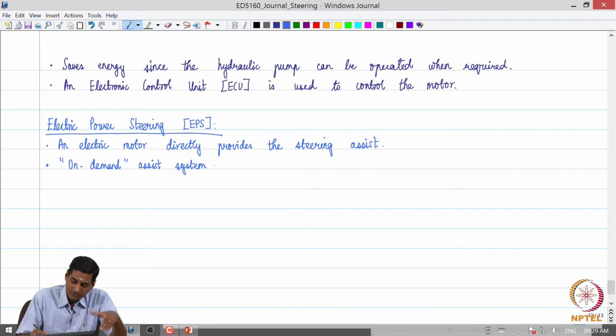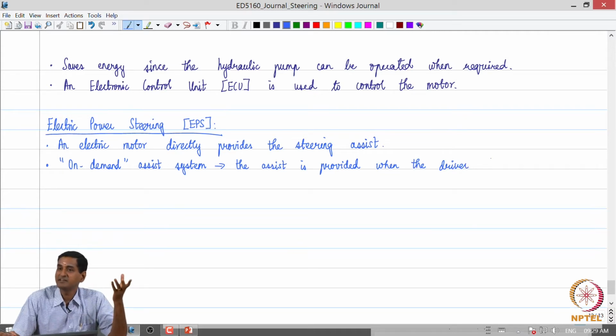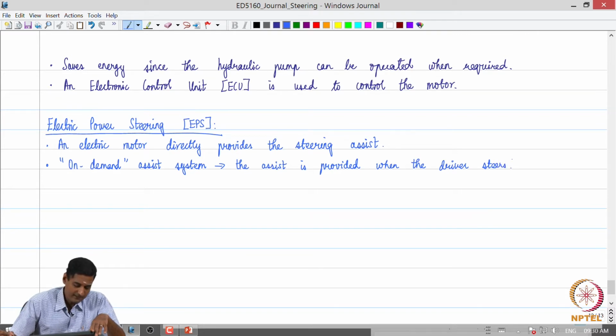If you look at what is an on demand motor system, the assist is provided when the driver steers, and of course the motor can provide the assist depending on the design at various places. It can be closer to the steering wheel, towards the end of the steering column. It can be on the rack. Depending on the designs there are various configurations as far as electric power steering is concerned. The assist is provided only when the driver steers, and this also leads to